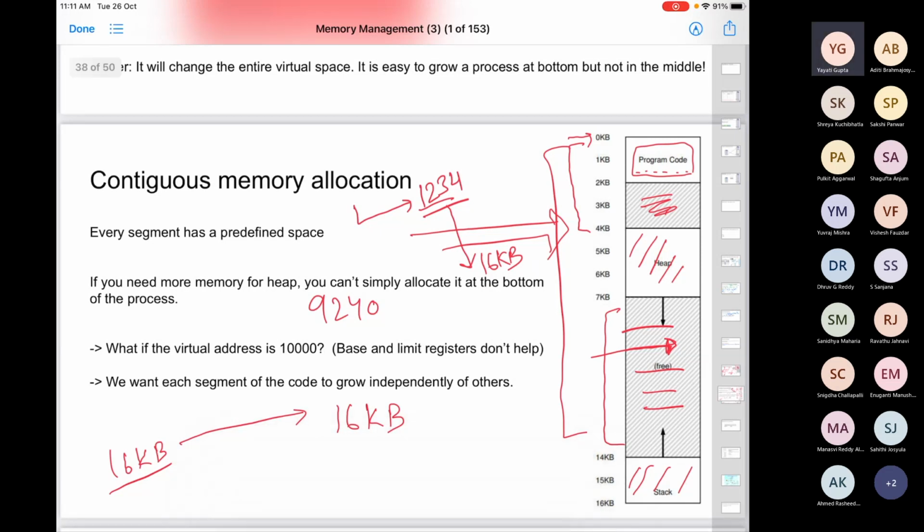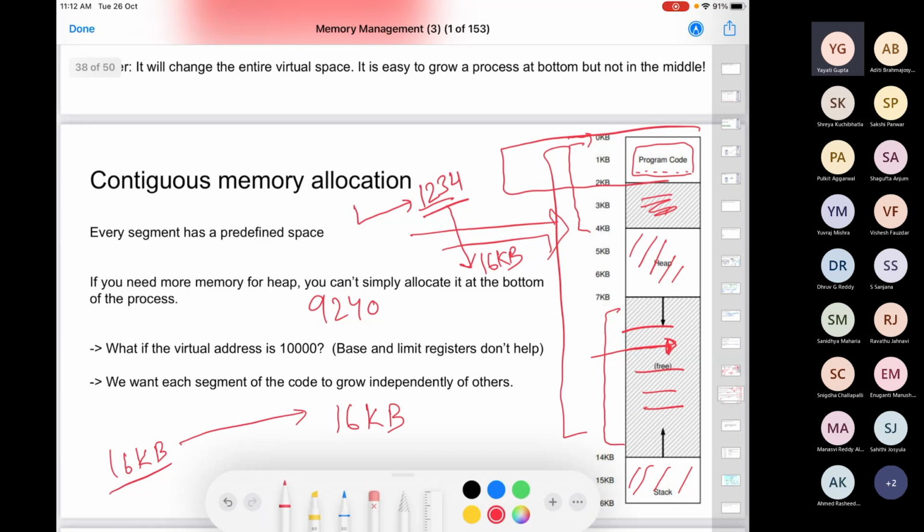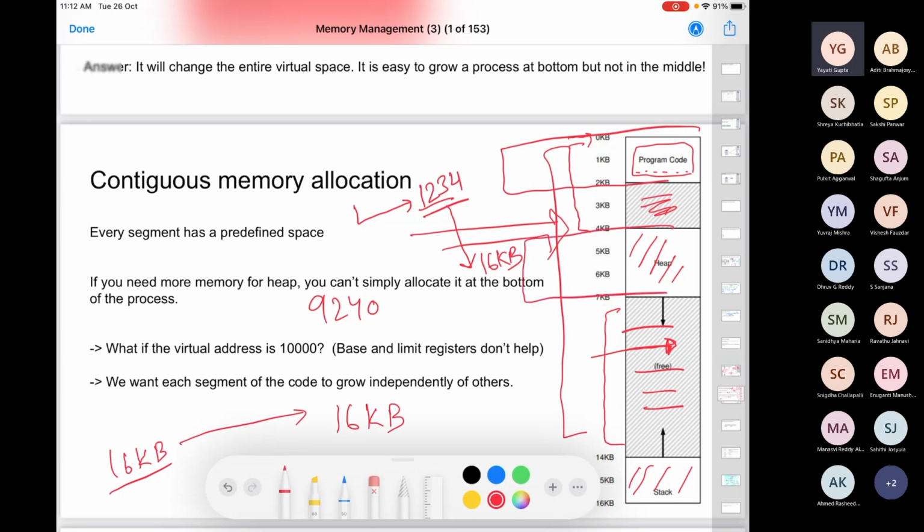So how can we resolve this problem now? The whole problem is that this virtual address space has a lot of empty chunks in between, but all of them are being mapped to the physical memory. So the idea is, I do not want to map all of these portions to the physical memory. I only want this program code, this heap and this stack, the areas which are actually in use by the process. I want to allocate physical memory only to these particular parts. How can I do that?